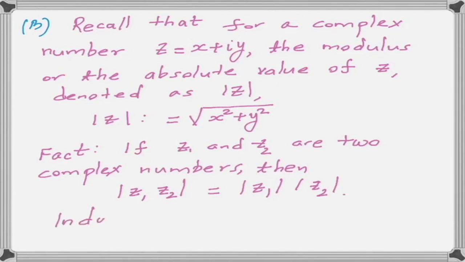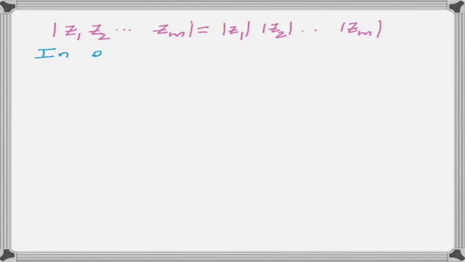Inductively, one can show that the absolute value of the product of the complex numbers z1, z2, ..., zm is equal to the product of the absolute values of z1, z2 and so on up to zm. Using this for our problem, we get that